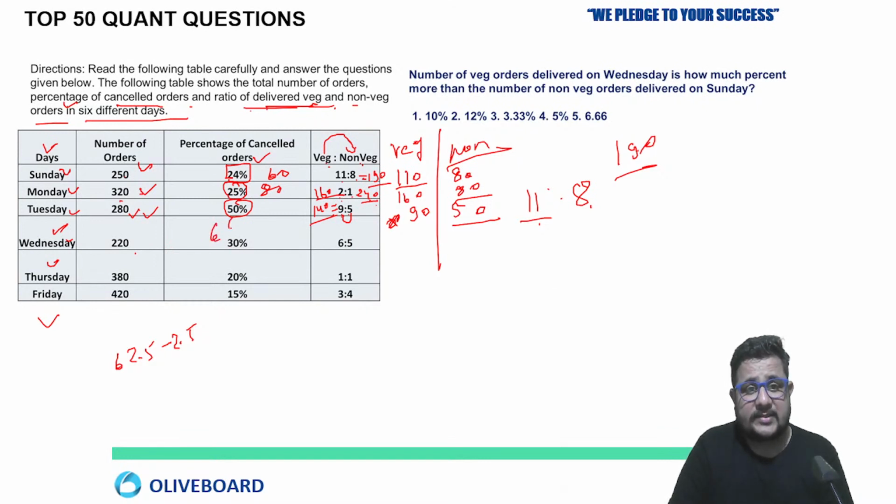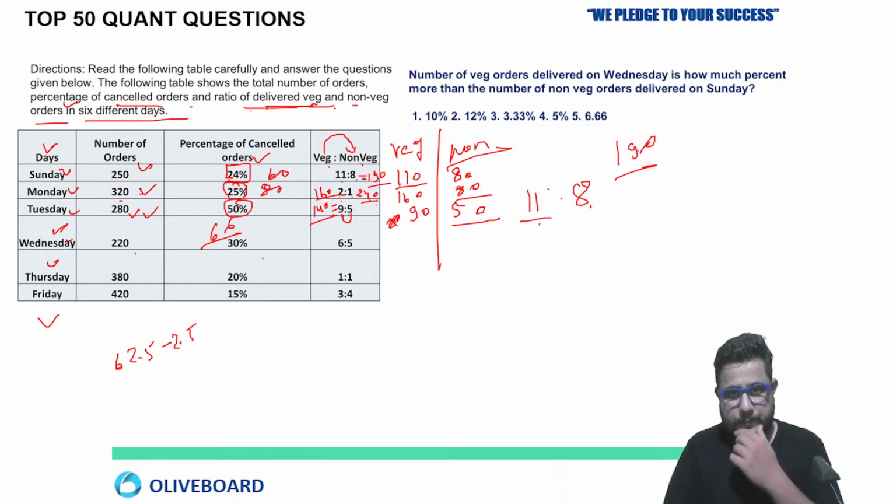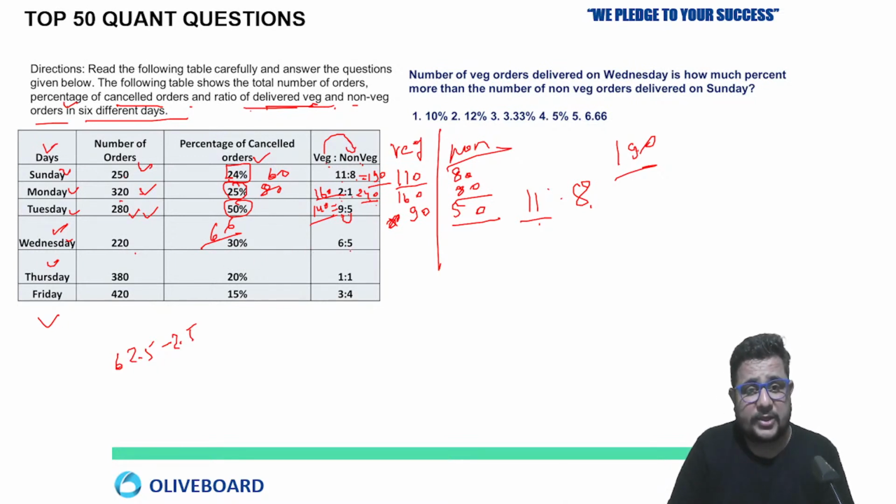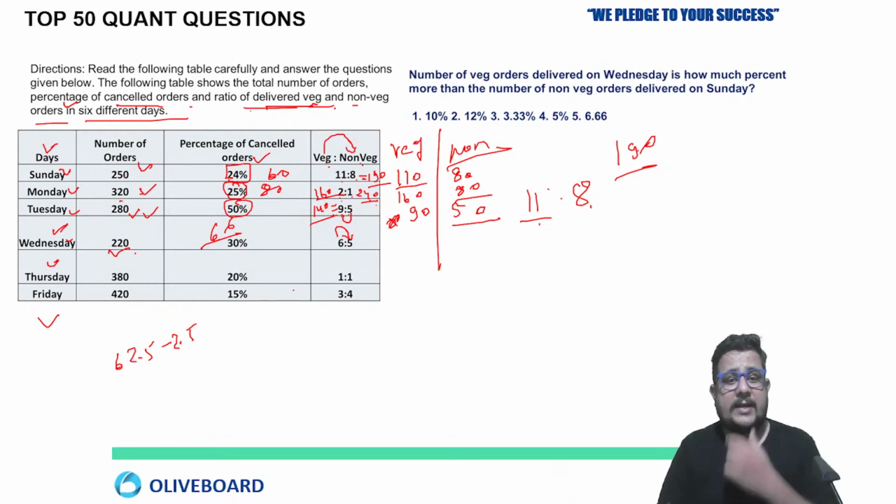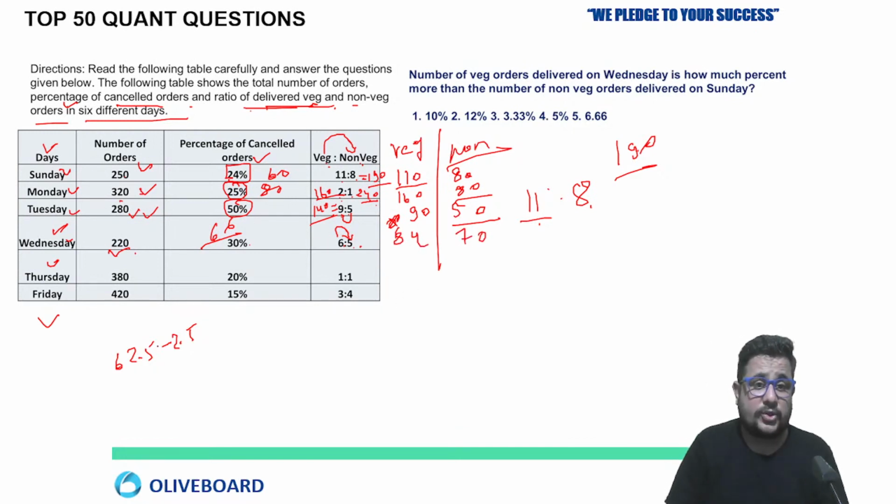30% of that is 66: 10% is 22, multiply by 3, you will get 66. Now the ratio is 6 to 5. Clear? Tell me fast. So 30% is 66, we have to subtract, 154 we will get, and 6 plus 5, 11. So 11x equal to 154. So x is going to be 154 by 11, which is 14. 14 times 6 and 5 are 84 and 70. Very good. The first question you already answered.